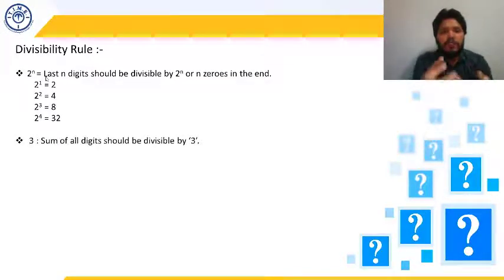Next, 3. What is the divisibility rule of 3? Whether a given number is divisible by 3 or not, how to identify that? If the sum of all the digits is divisible by 3, then the number is also divisible by 3. For example, if I take a number as